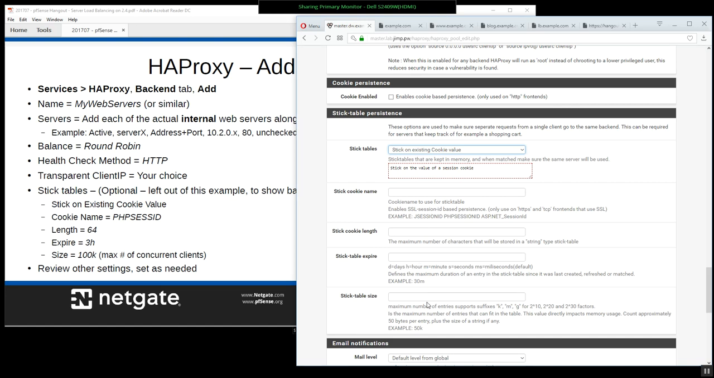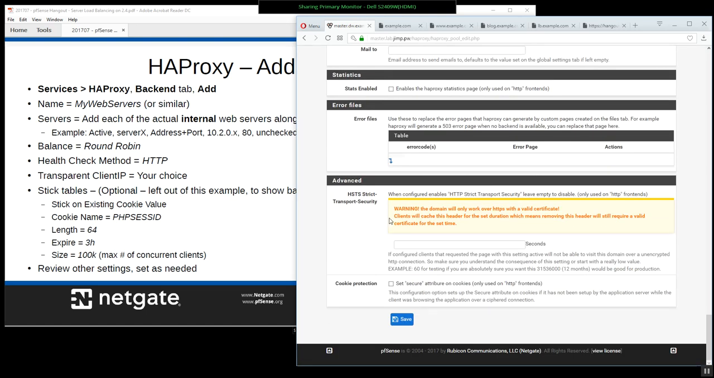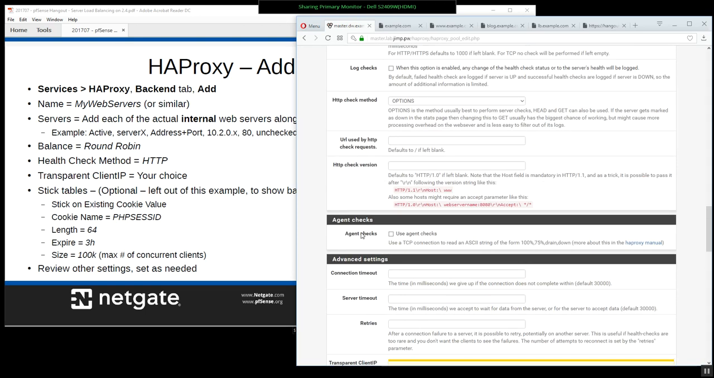So you can fill that stuff in if you need cookie-based persistence, which is very handy if you need to make sure that your clients match up to the servers that they use throughout the entire duration of their session. So nothing else in here you really need to worry about. You might do HSTS if you're going to do SSL offloading, but I wouldn't worry about that until later. All right, so you save that,